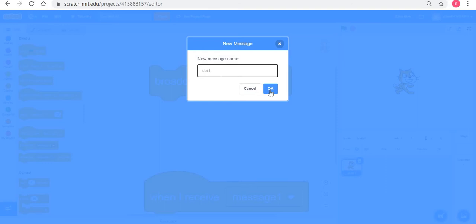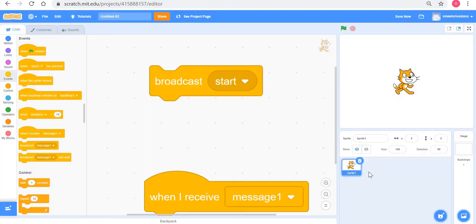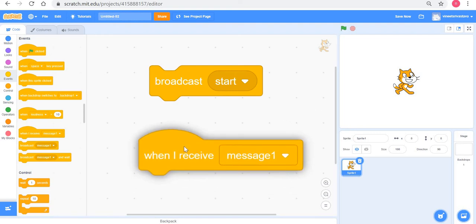When I say broadcast start, in this case, the cat sprite will send out a message called start to all the other sprites. Like I said, this message will be sent discreetly, secretly, so you and I will not get an indication here that a sprite is sending the message start. Everybody will hear the message start.